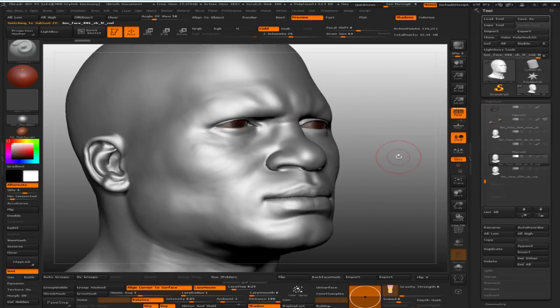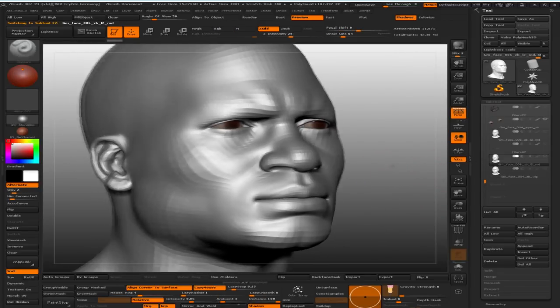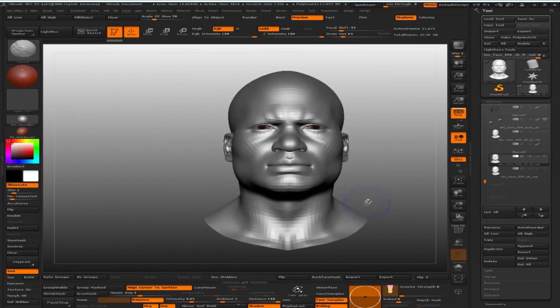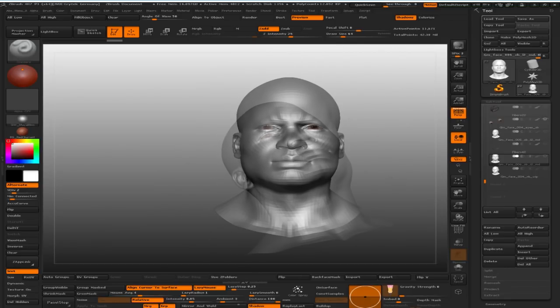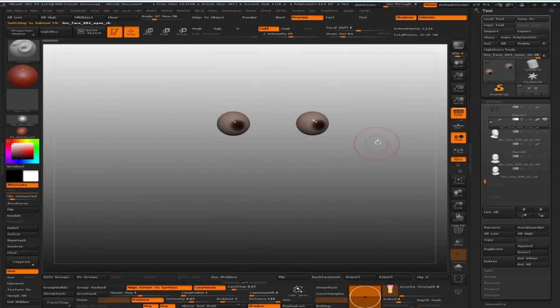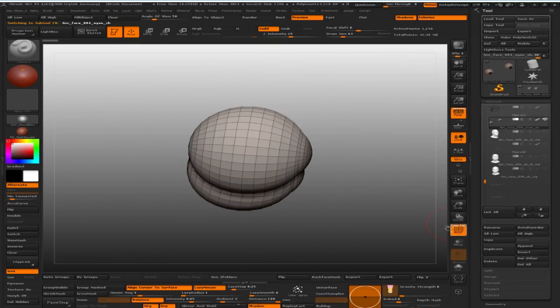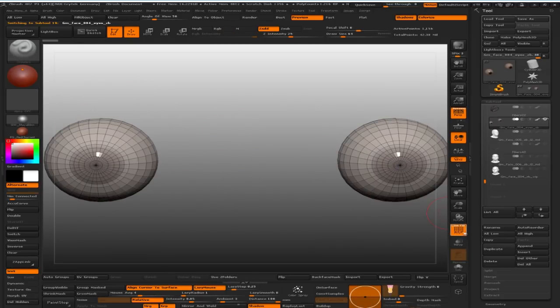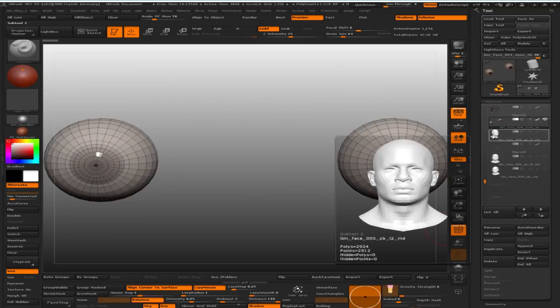I'm using reference on the net, right? There are a lot of very interesting faces there, and I've got a book as well, Heads by Alex Kaiser. It's got a lot of really good face reference, and shows you that it's not just one type of face and one type of skull, and you can really create anything as long as you keep the realism in your sculpt. I also have a basic pair of eyes. It's just a very simple sphere with a bit of a bulge for the cornea, and this is basically what I use as a starter,